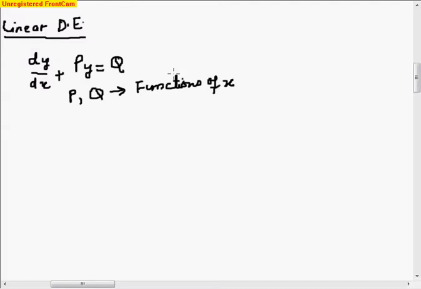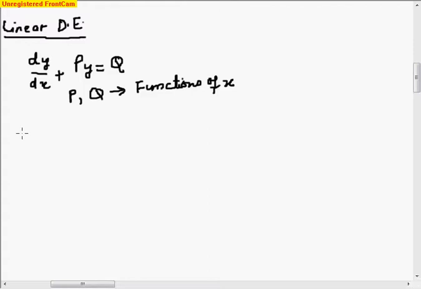So how do we solve a linear differential equation? There is something called integrating factor. Integrating factor is a factor which, if we multiply on both sides of the equation, then our equation will become exact. So basically, if you can somehow find an integrating factor for a differential equation, then you can make that differential equation exact, and then you can solve it. I'll show you that in the case of a linear differential equation, the integrating factor is e raised to power integral of this particular p.